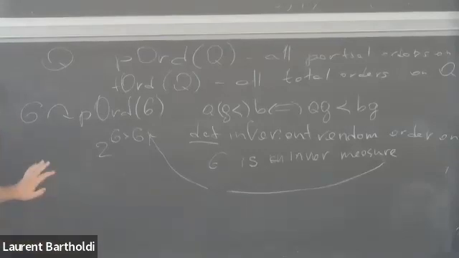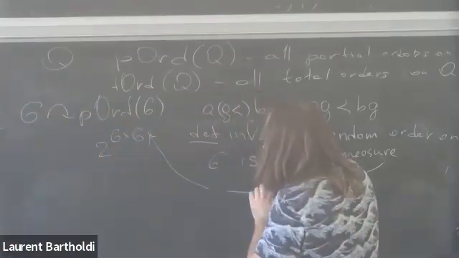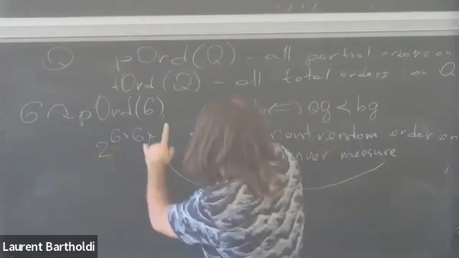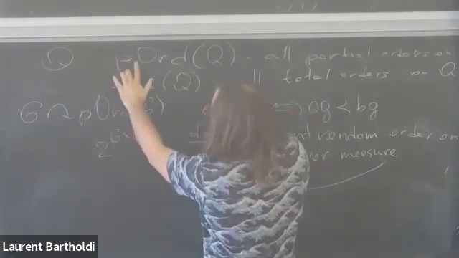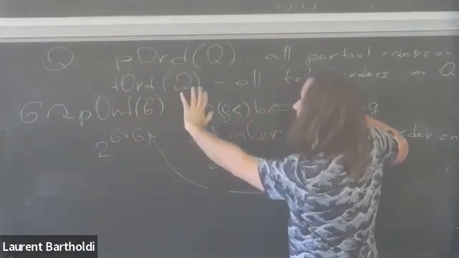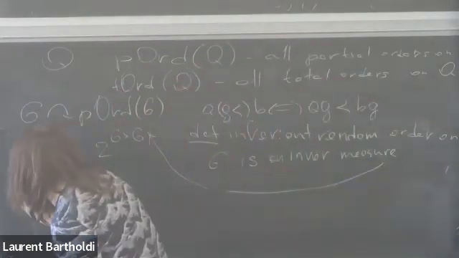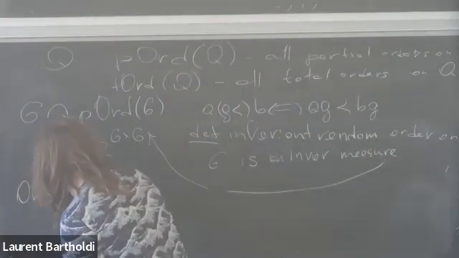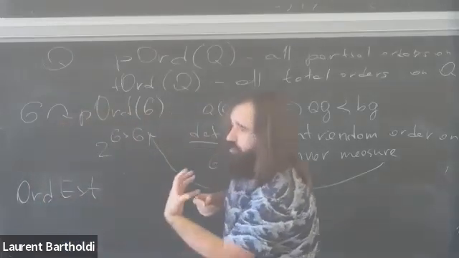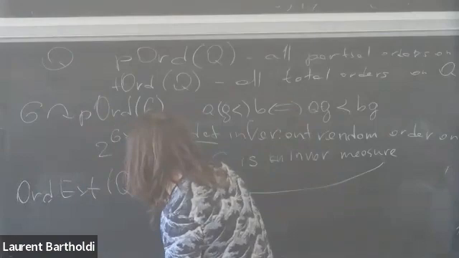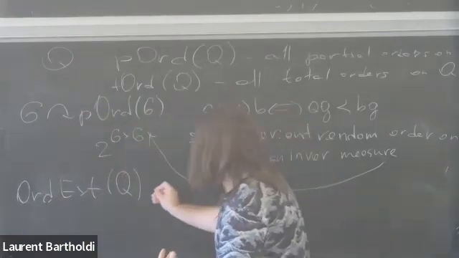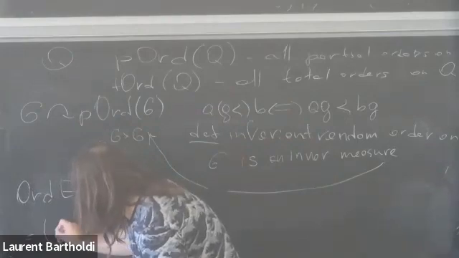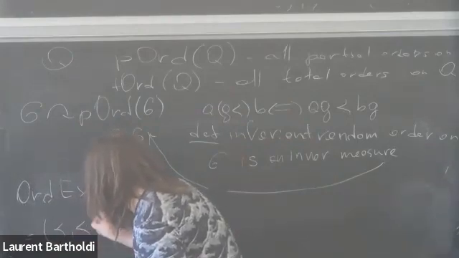Now we want to define a kind of extension property for these guys. How can we do this? We can define another object. So we have the space of partial orders, the space of total orders on the set. We also define a bit more complicated object: the space of all order extension pairs. As I said, the space of all order extension pairs is the space of all pairs of orders such that